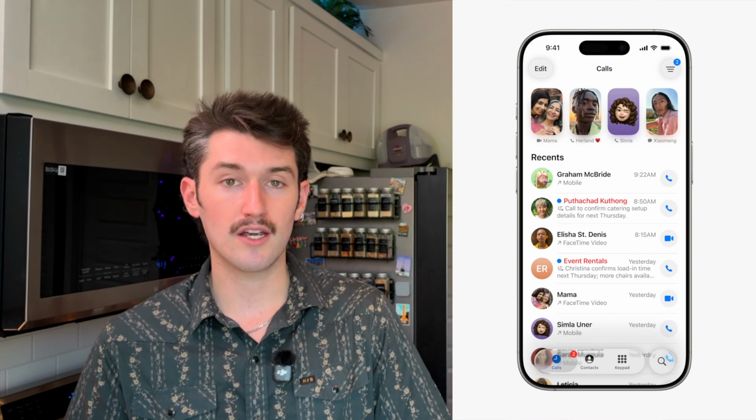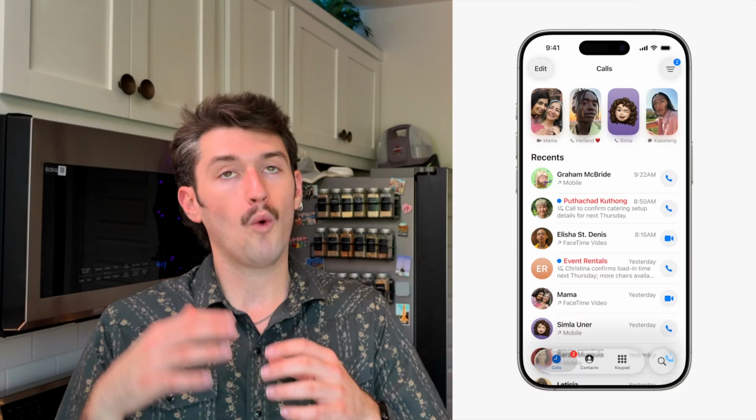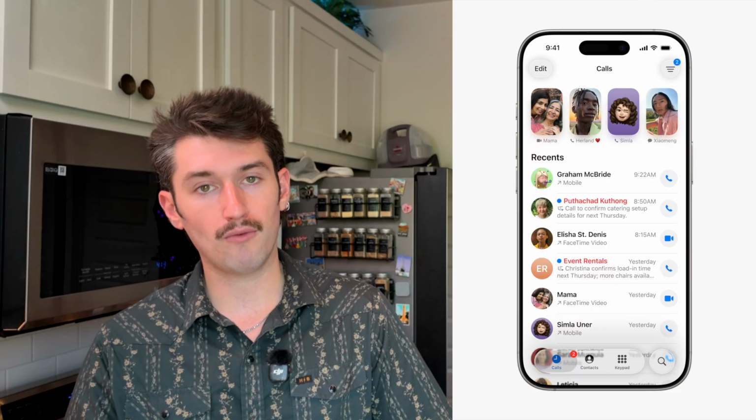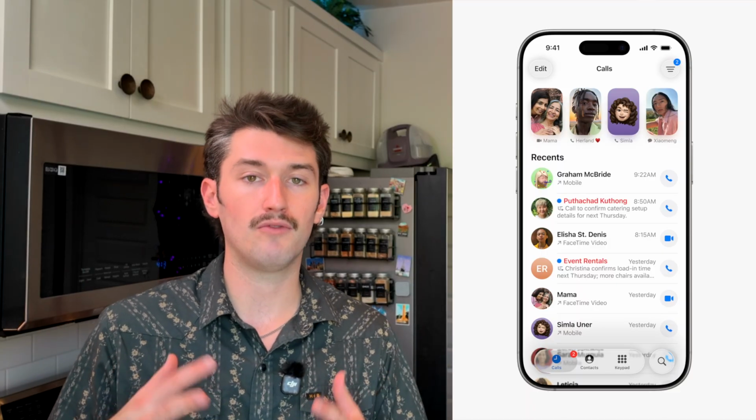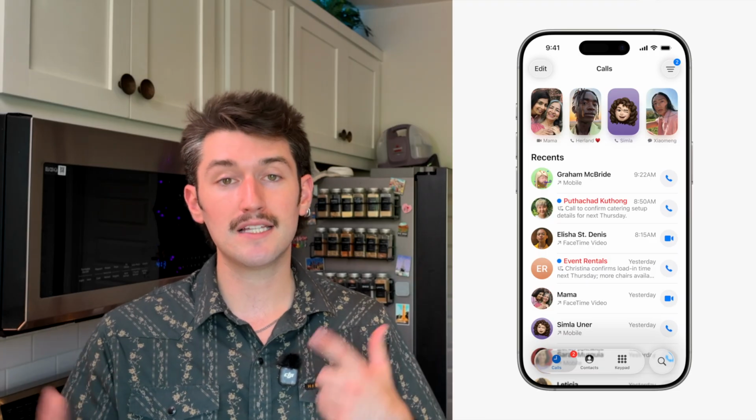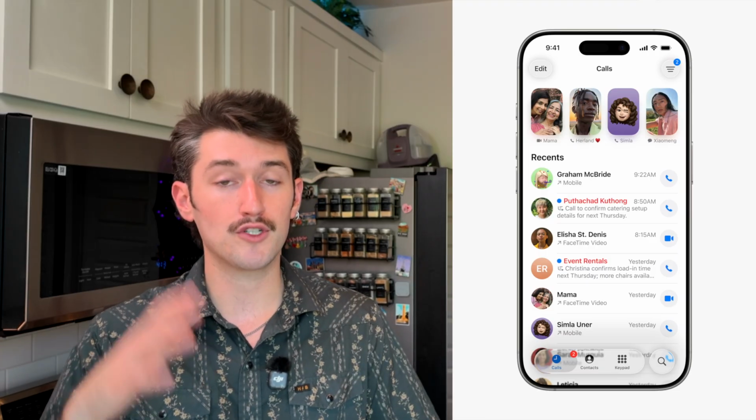But the main thing to know here is that everything is in one place, which for some people will be really helpful, and for some people, almost like myself, it'll be annoying because it completely changes the way you have to think about the phone app when you're looking at that list. Before, the voicemails and the recent calls were split up, and that made a lot of sense because if you tapped on a recent call, it would call that person, and if you tapped on a voicemail, it would open the voicemail. Nowadays, it doesn't work that way, and you have to be really careful about where you tap, but